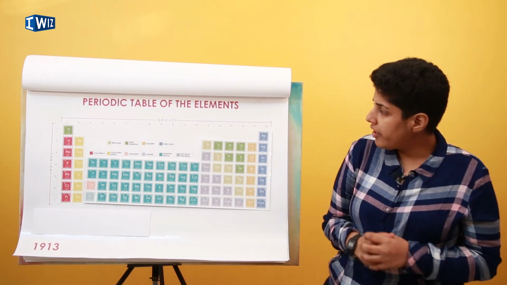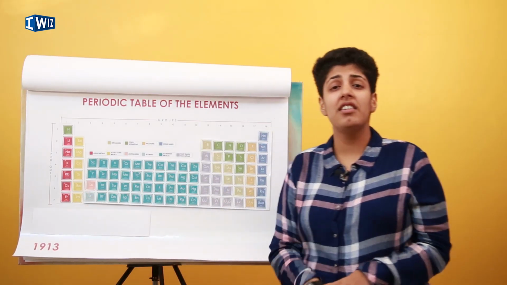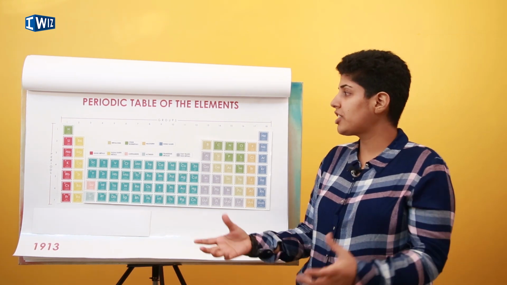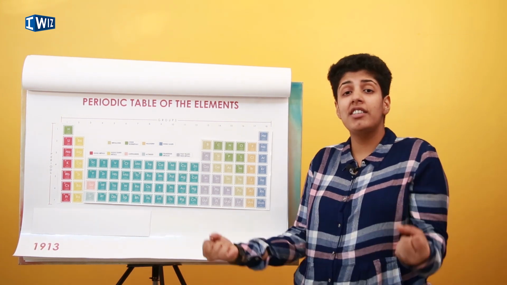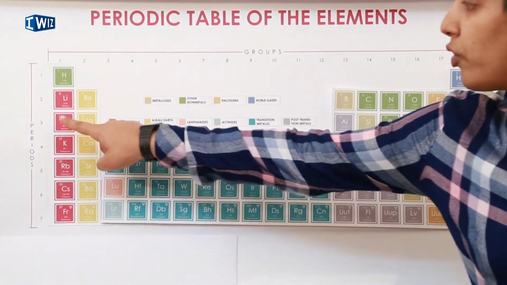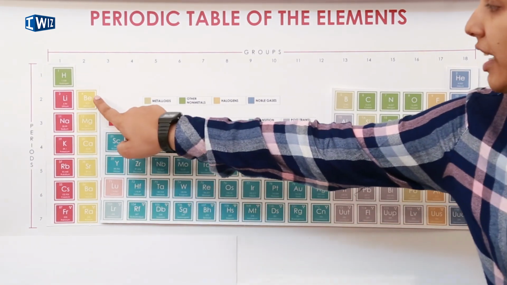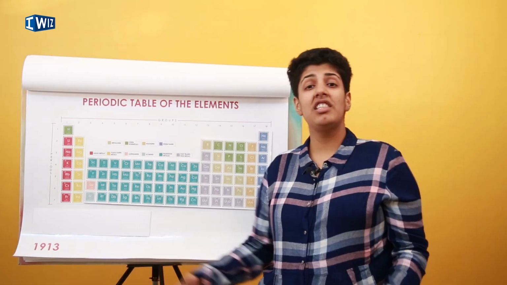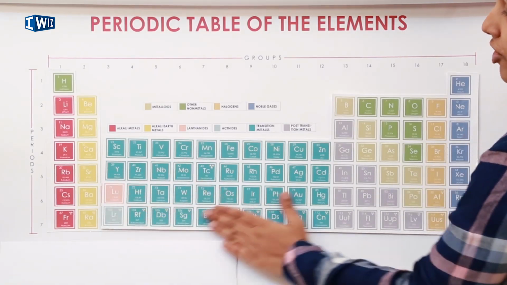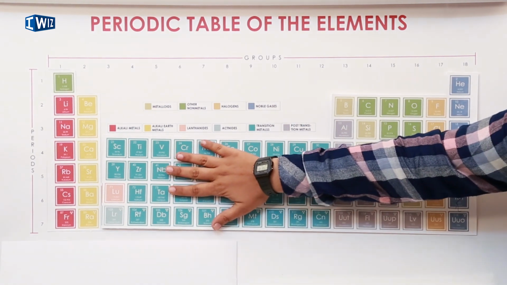Now, if you look over here, we have the extremely reactive metals. These metals are extremely reactive. You will not usually find them just lying about. You have to extract these metals because they have already reacted with something in the earth. These are known as alkali metals. They react with water. These are known as alkali earth metals because these are minerals that we find in the earth's surfaces. That's how they get their name. These are known as the transition metals. All of these over here are the transition metals.